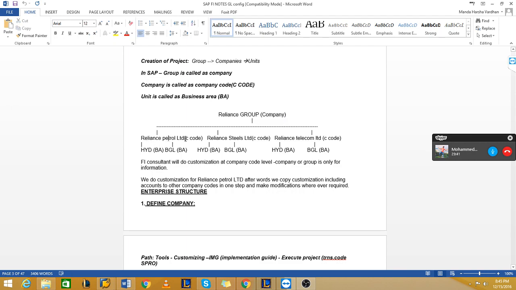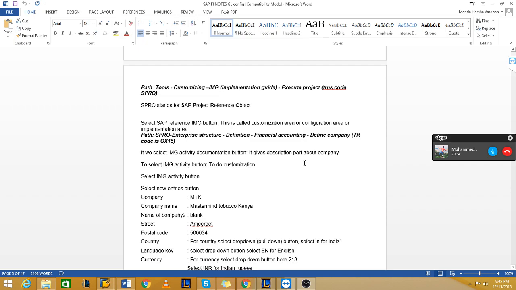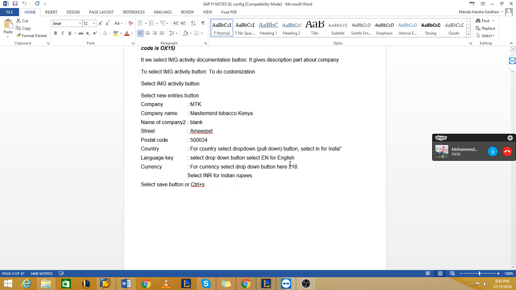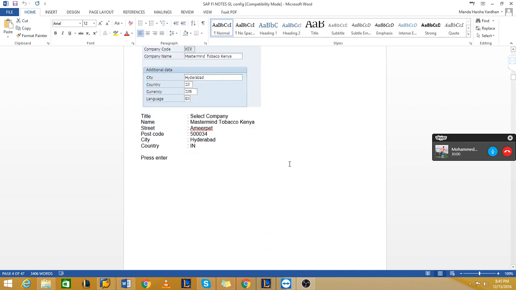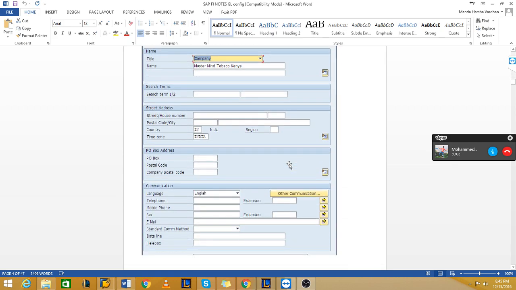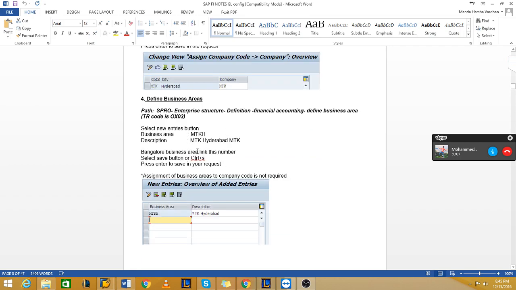Then under that, Reliance Hyderabad, Bangalore. So I'm using this same Hyderabad for all the company codes, same Bangalore for all the company codes. The T code for business area is OX03.